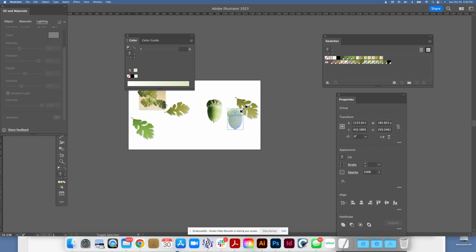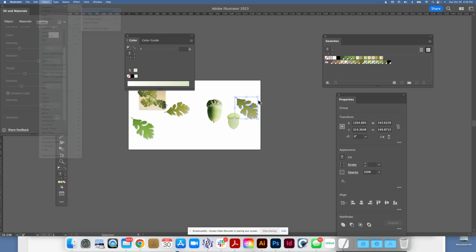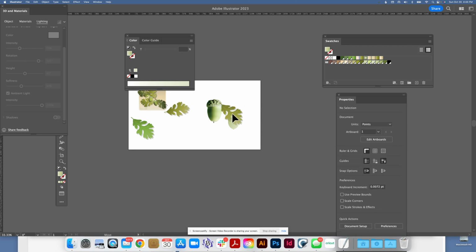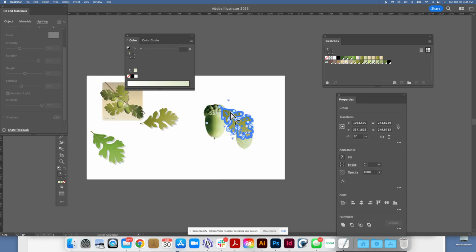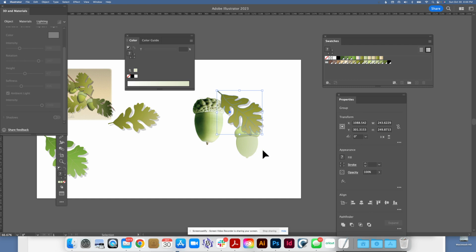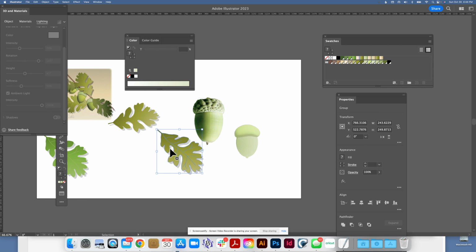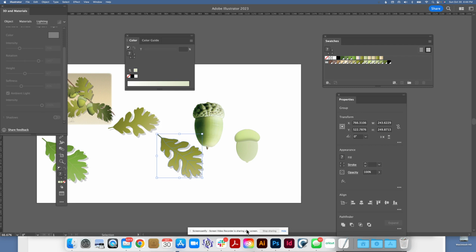And if you scale this down now, hold down Shift, remember, so it scales proportionally. And I just want to show you that these shadows, that effect on that shadow, if I move that leaf, if I arrange it to the front, you can see it does some beautiful things. Let's zoom up so you can see, it's going to take that shadow and cast that wonderful shadow and affect the color underneath it of the acorn. So that is part one of the oak tree tutorial, and part two I'll be showing background and adding some